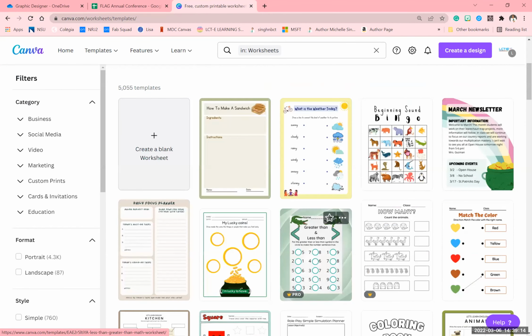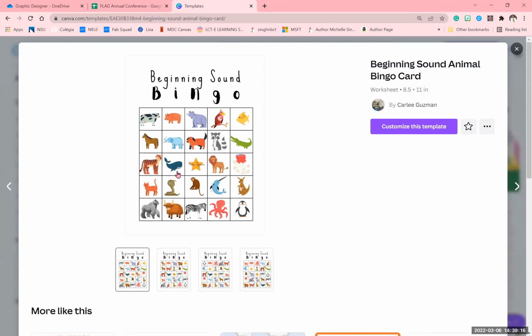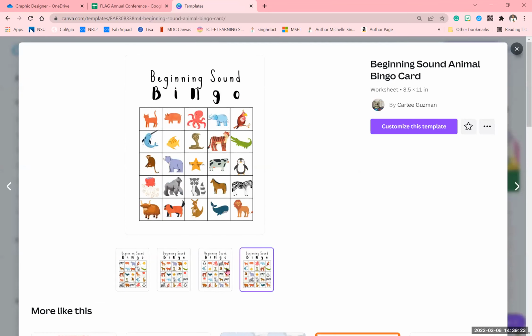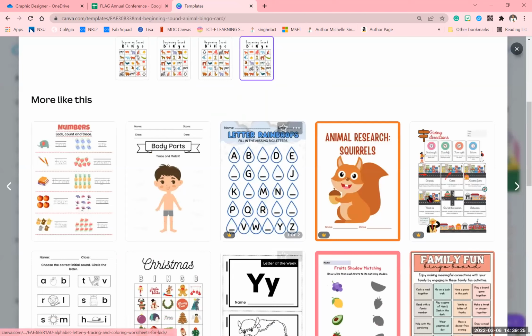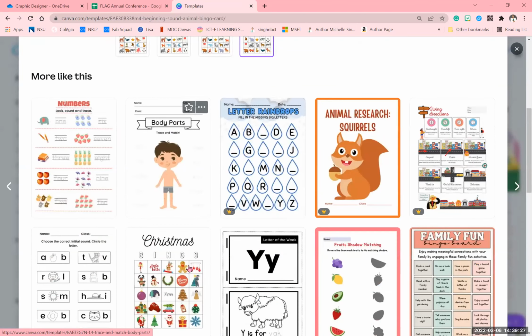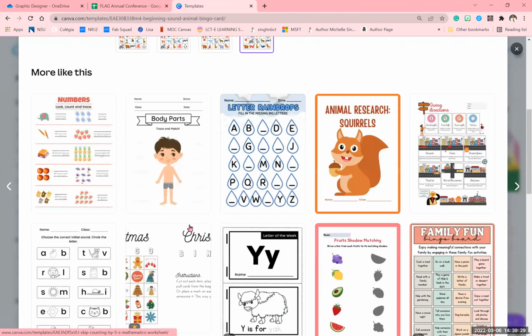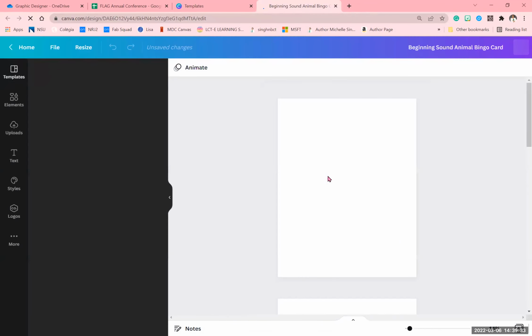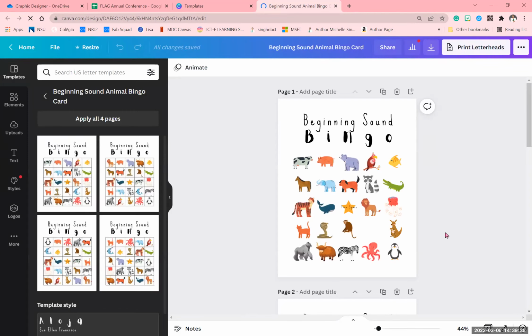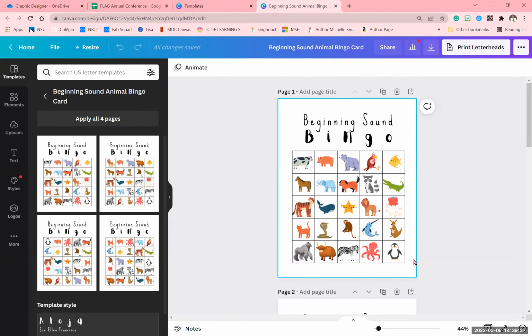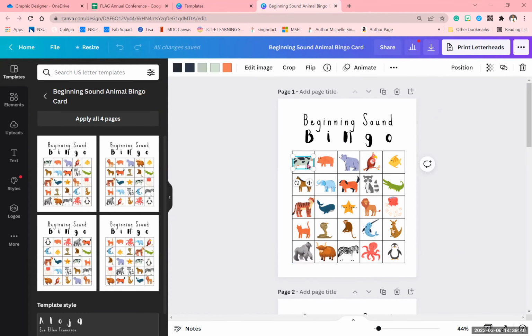So I'm going to click on this one as an example. And so you can see here when I click on it, it asks me if I want to customize the template. I can look at the pages even further, and then I can see some similar items here. So let's say I actually wanted to customize this template. Maybe I wanted to make a bingo with Flipgrid lessons or something like that. And so I could